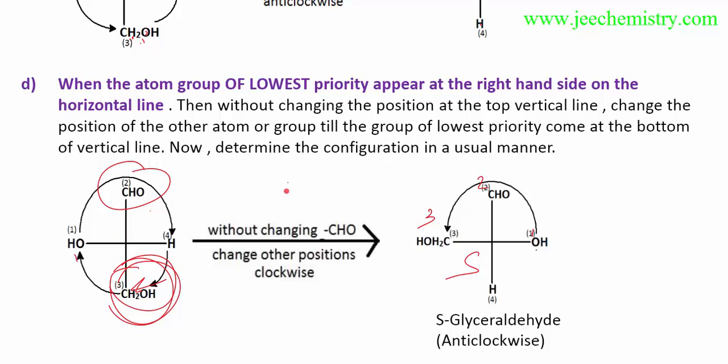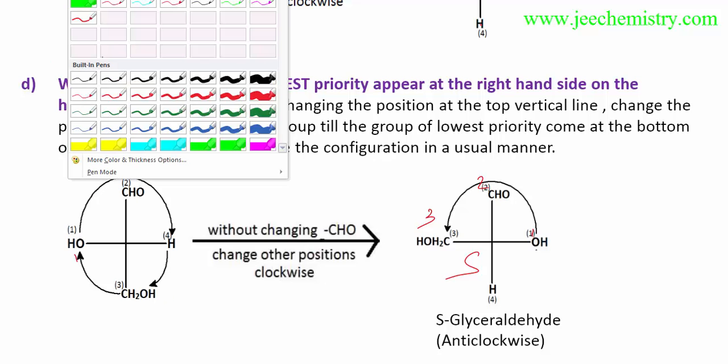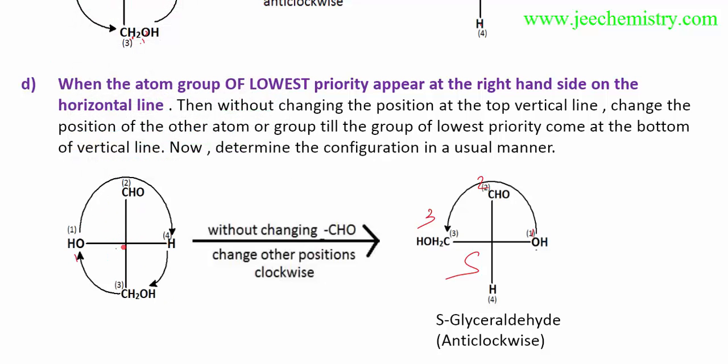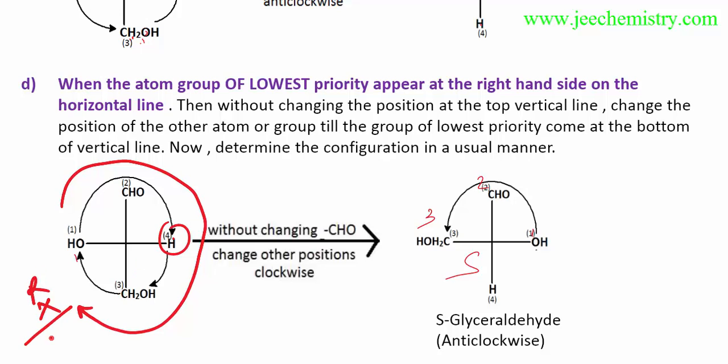Suppose this compound is given. First of all you have to do the numbering. This oxygen is 1, this group is priority 2, this group is priority 3, and this group is priority 4. Then we omit the fourth and assign the RS configuration 1, 2, 3. Then we rotate like this. This is the R configuration, clockwise R, but H is not in the lowest priority position, so this will be the wrong answer and the right answer will be S. Now from this we are getting S.